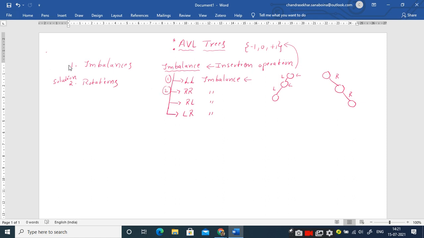That is the second case. And what is the third case? It is RL imbalance. It's very simple. So we have a node and primarily it has a right child, this one right child, and when you try to insert a node as the left child of the right child of another node,